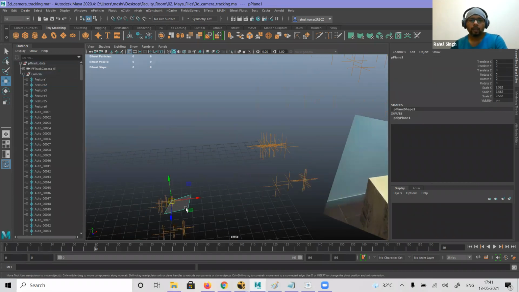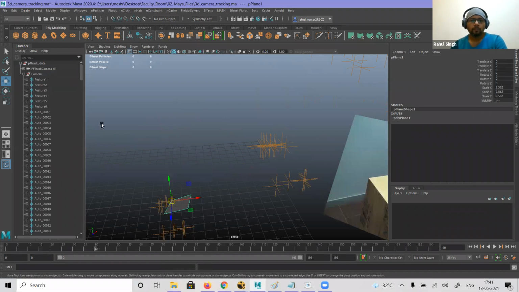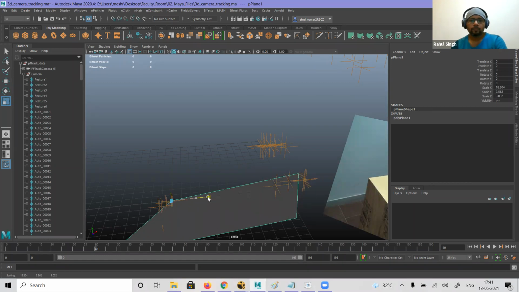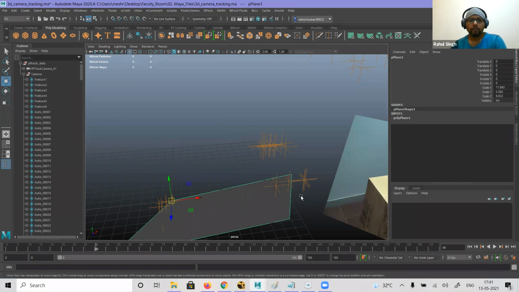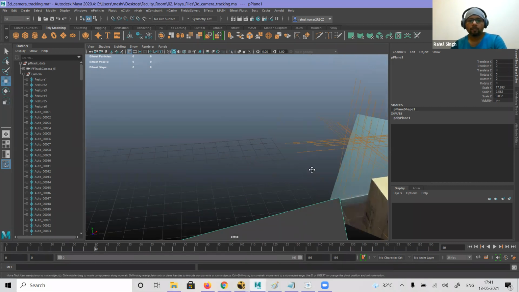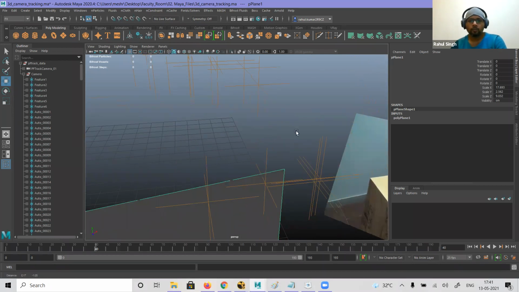Okay, so what I mean is object mode. I scale it. Fine, move. Now, which one is your feature 2?